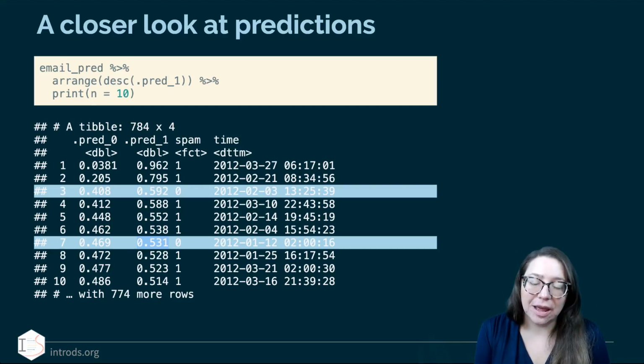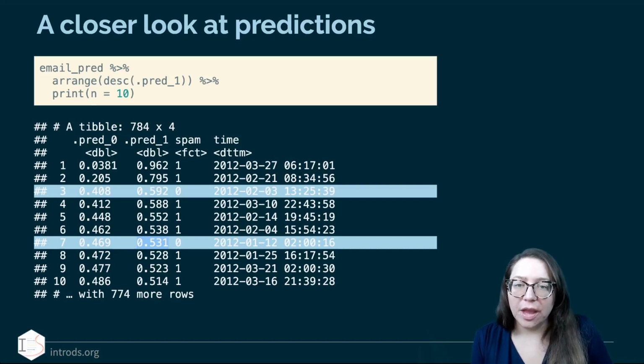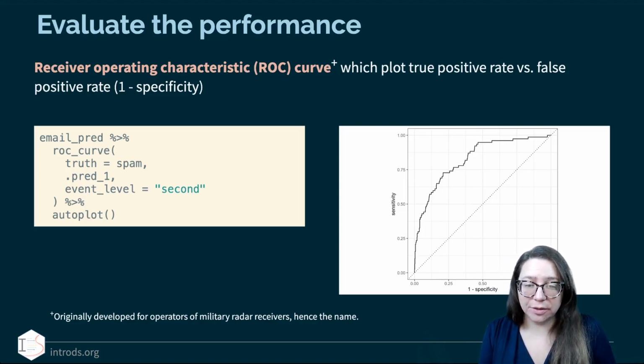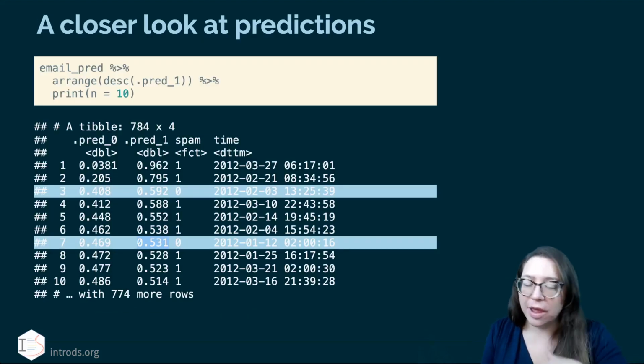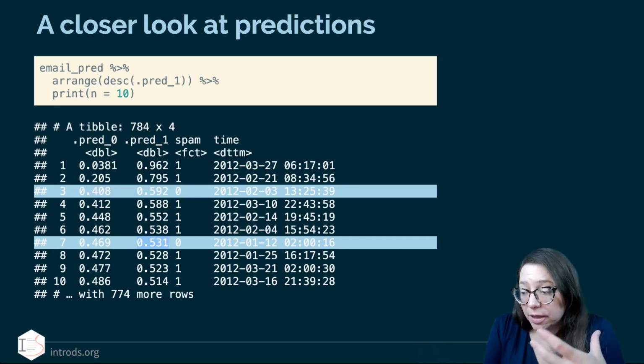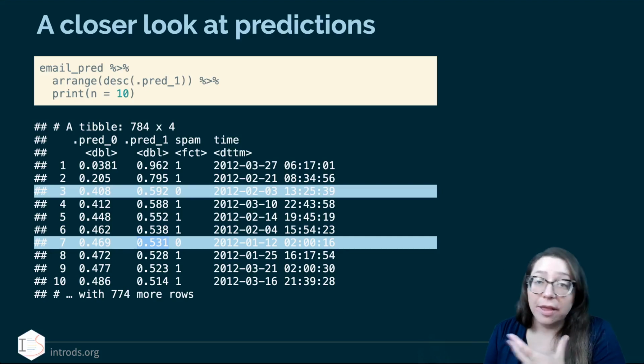We anticipated that we actually might have some false positives or false negatives here. So going through these one by one, if I scroll back to the previous slide, we could even take a look at some of the other features of these particular emails to try to reason, oh, I wonder why the email thought it would have been spam, but it actually wasn't. Going through that process can be informative for your model building perhaps,